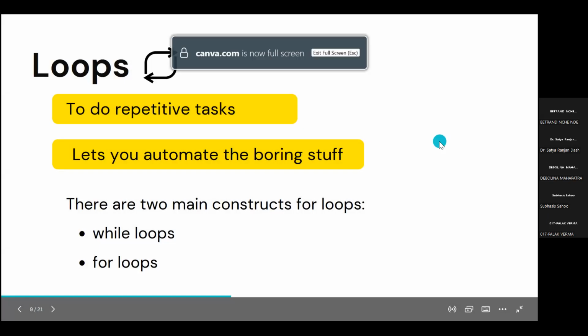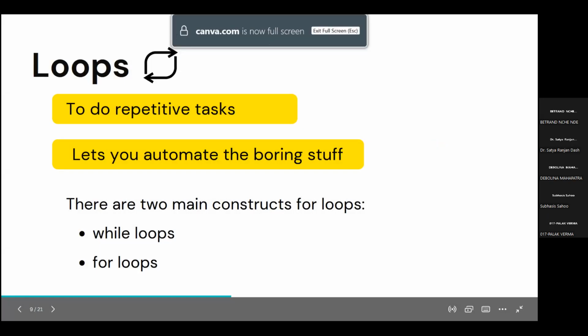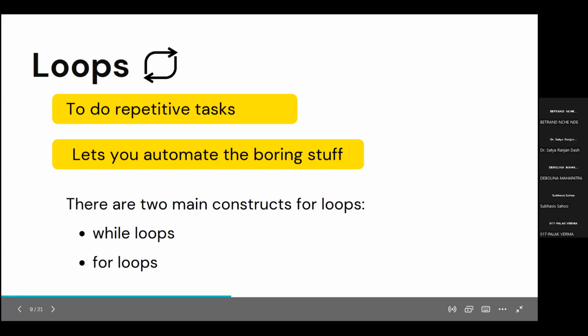I use loops a lot, and this loop comes into action whenever I am on any music app, when I'm listening to some song and I hear some catchy track. I like to loop that song. When I loop that song, it means that I want to listen to it repeatedly over and over again, well, until I get bored. So similarly, in Python, we can have looping constructs where we are trying to perform some